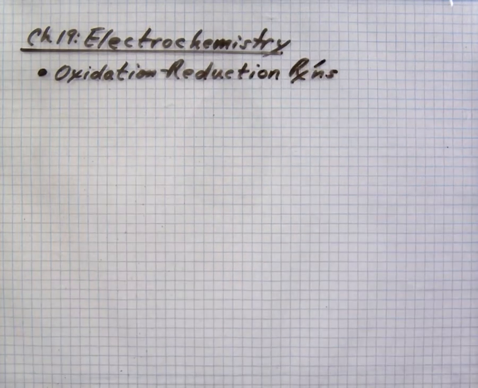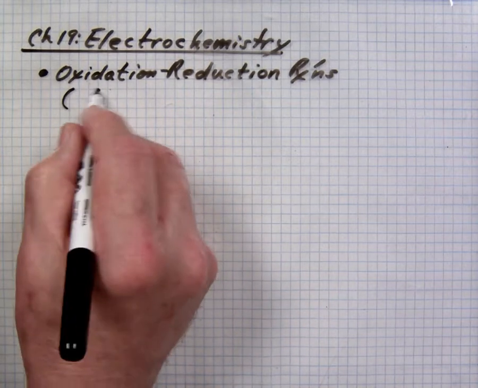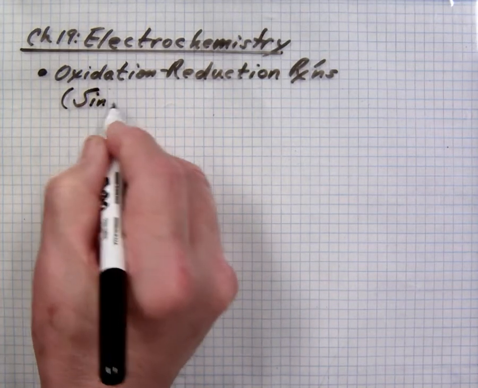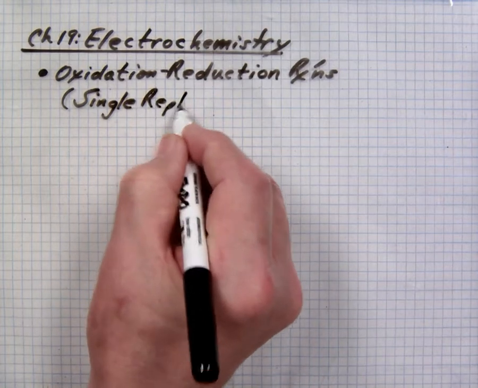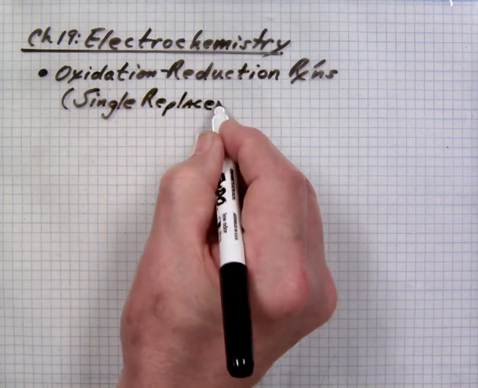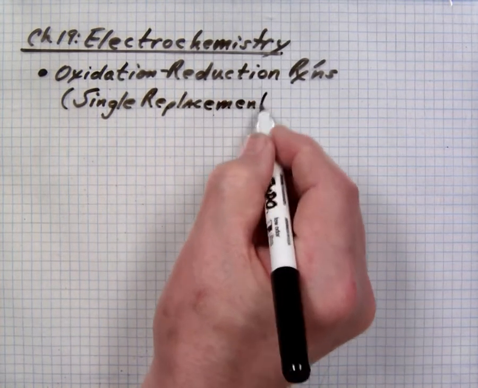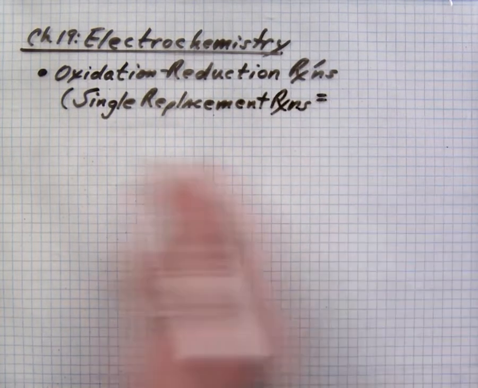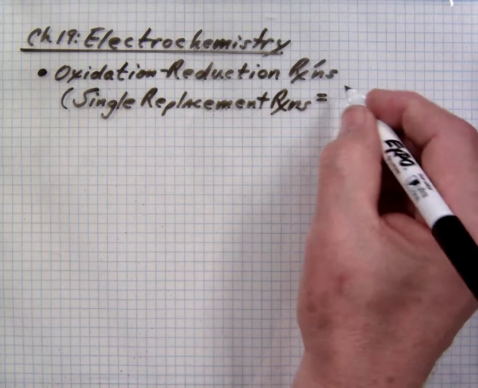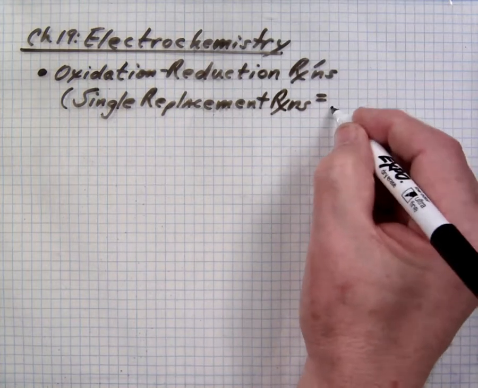The process by which electrochemistry takes place is through oxidation and reduction reactions. Specifically, we're going to look at the single replacement reactions, and that will lead us into what we call the activity series